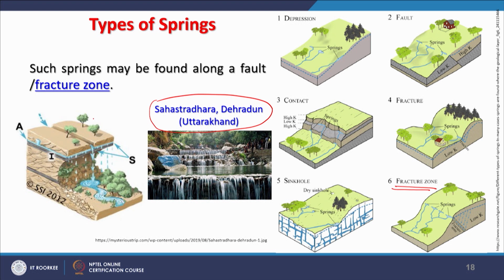You may have an arrangement something like this, not exactly this, but Kempty Fall, though this is schematic. So, Kempty Fall is something like this, which is shown here as A, and B is basically Sahasradhara. These are all limestone terrain, but fractures or faulting are the major controlling factor, and of course, they are recharge